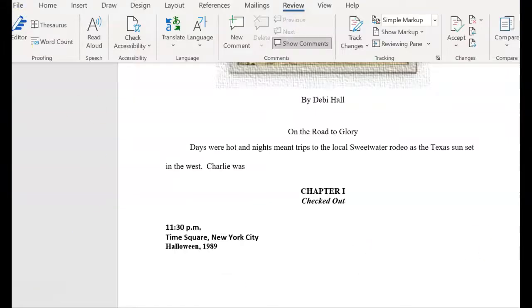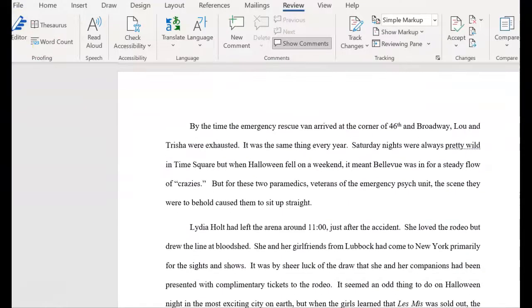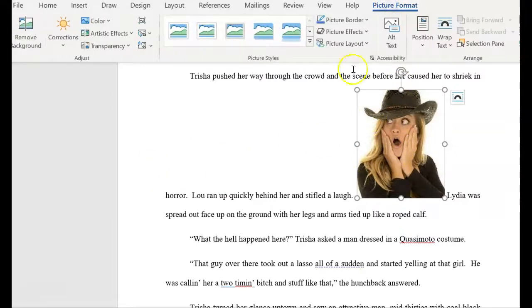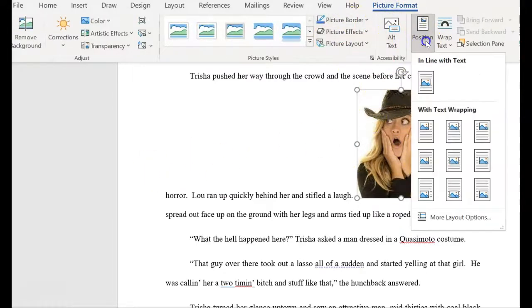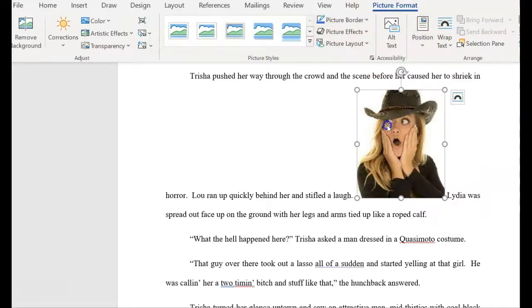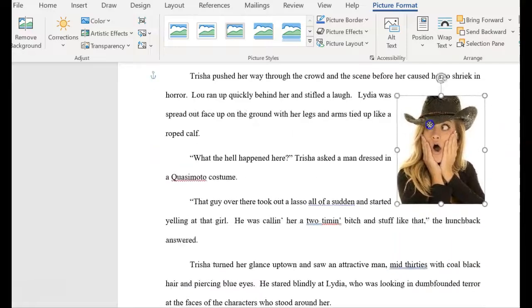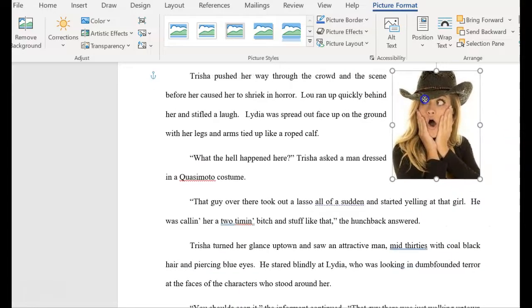And I'm going to make sure that everything is documented. Remember, I have images that are required, and the images need to go in just so. If I put this image of Trish in, it's going to be a problem if I just stick it in there. That's terrible. So I'm going to go over here and do position, and I'm going to put that one over to the side, and then I can move it around and put it exactly where I want it to go,